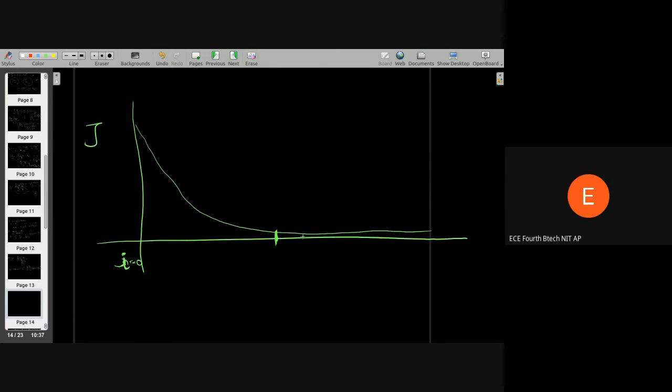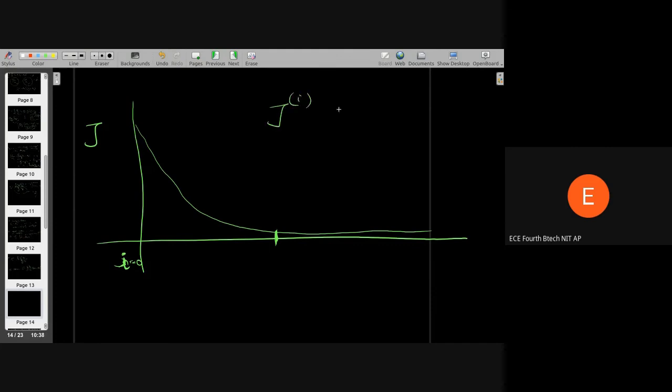As the number of iterations goes on, you could put a check that if j of ith iteration minus j of I minus 1 iteration is not changing much, is less than some epsilon value, a very small value, then you stop the algorithm. You can do that, or you could check,